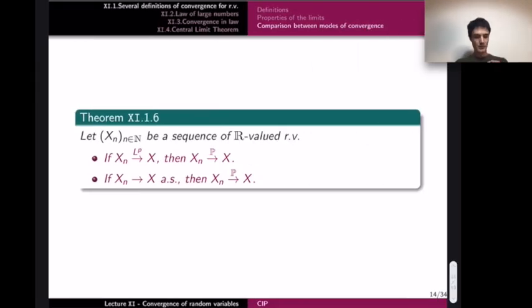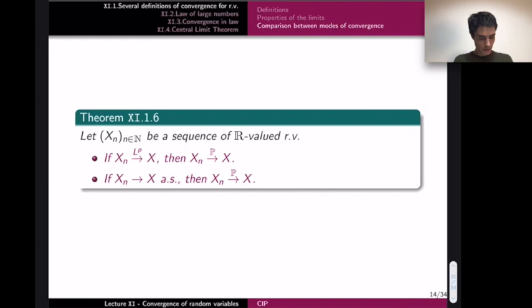Okay, so now I will take a few minutes to compare the different kinds of limits that we've introduced. So I've introduced almost sure convergence, convergence in Lp, and convergence in probability. I want to be able to say, if I have such convergence and it implies such convergence, is the reciprocal true also? Can I deduce? I want to be able to describe all these implications or not.